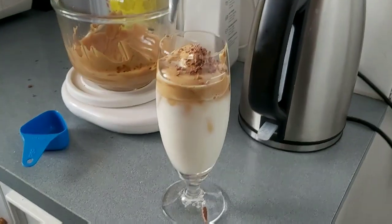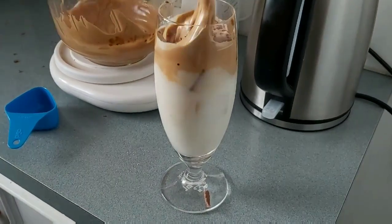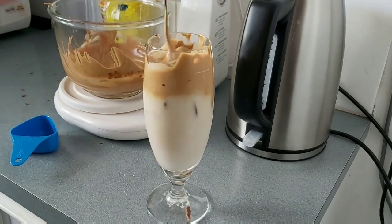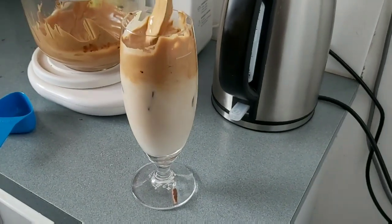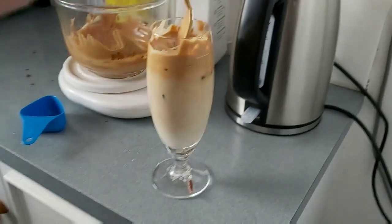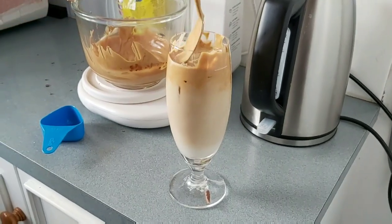Alright, now we're just going to mix it in. Look at that. Absolutely creamy. It's getting mixed in with all that milk. So there you have it. Try it at home